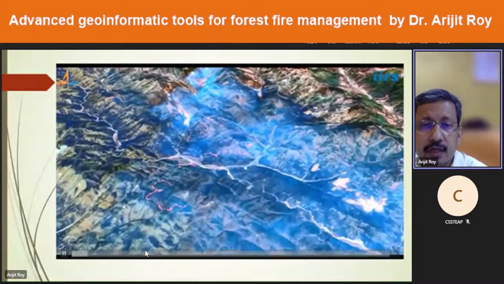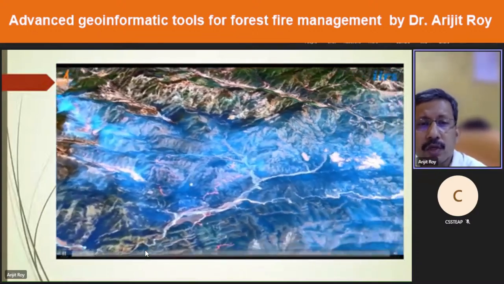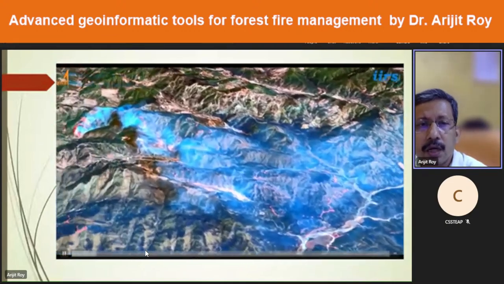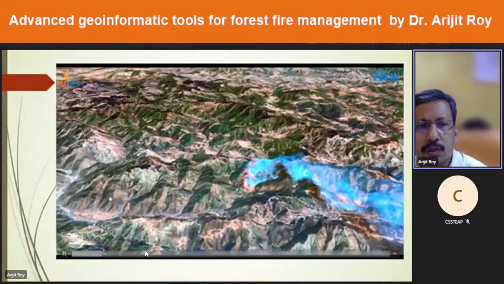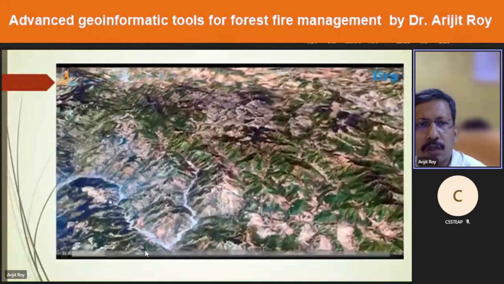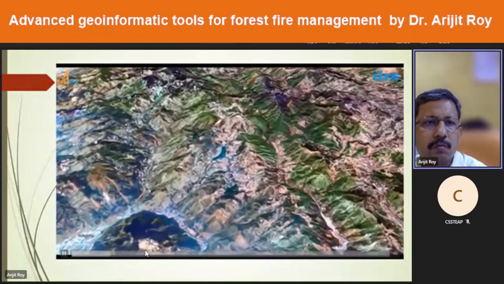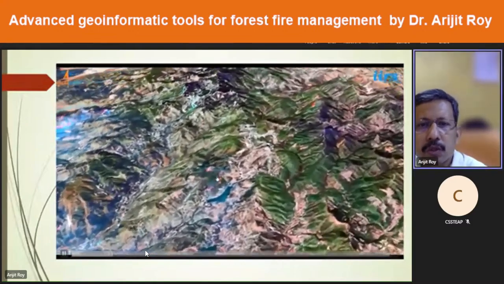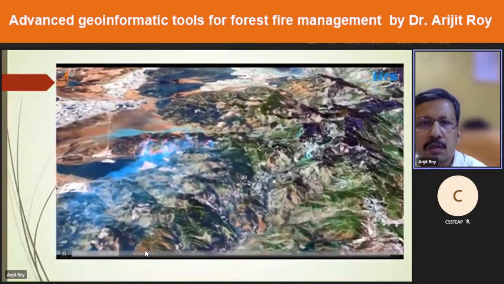So you can see the fires which are here. So these are the smoke, and this is a fire, and the dark burnt areas you can also see here. I'll just point it out when we come here. So you see these are the areas which have been burnt. So these are the burnt areas. All these blue areas which you see are the burnt areas.